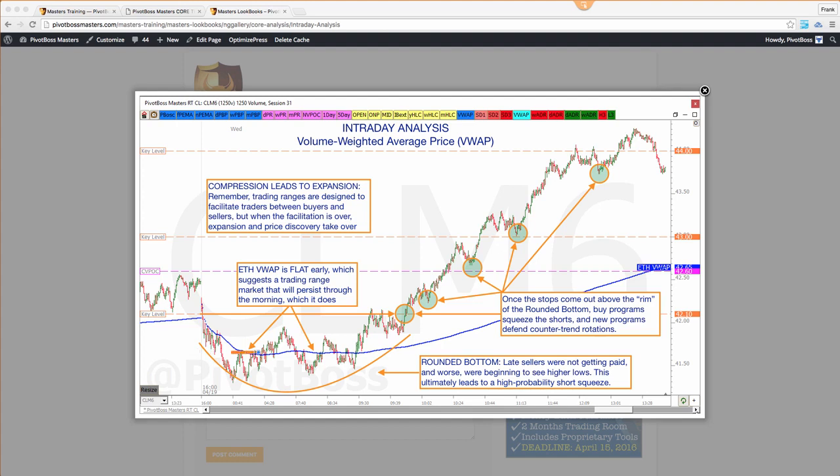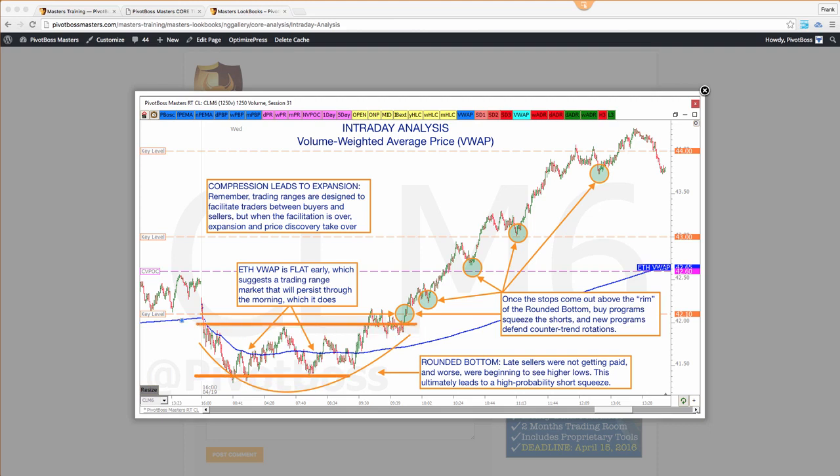And so VWAP here was very, very flat on this day. I mean, look, that's a horizontal line. You can't even see it there. That's about as flat as it gets. And so when VWAP becomes very flat, and you can see price is not really getting any traction above or below it, it's a trading range market. And when the market gets into a trading range phase, especially with regards to VWAP, you want to be able to watch for rotations at the edge of the range if you must trade it.